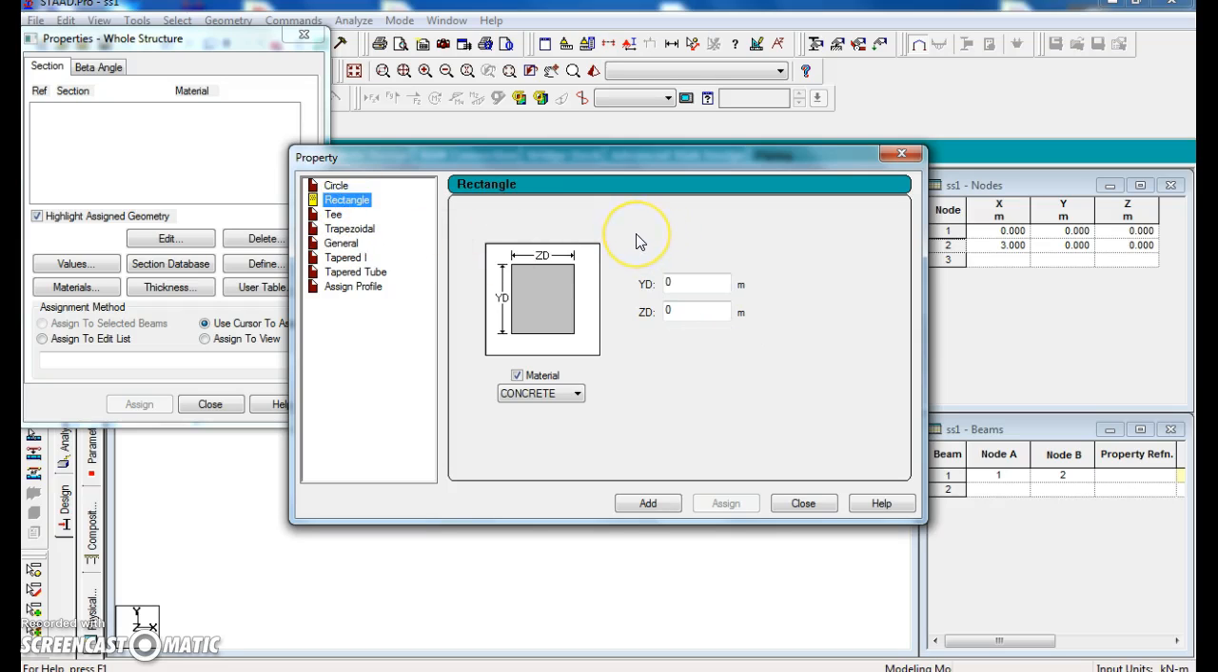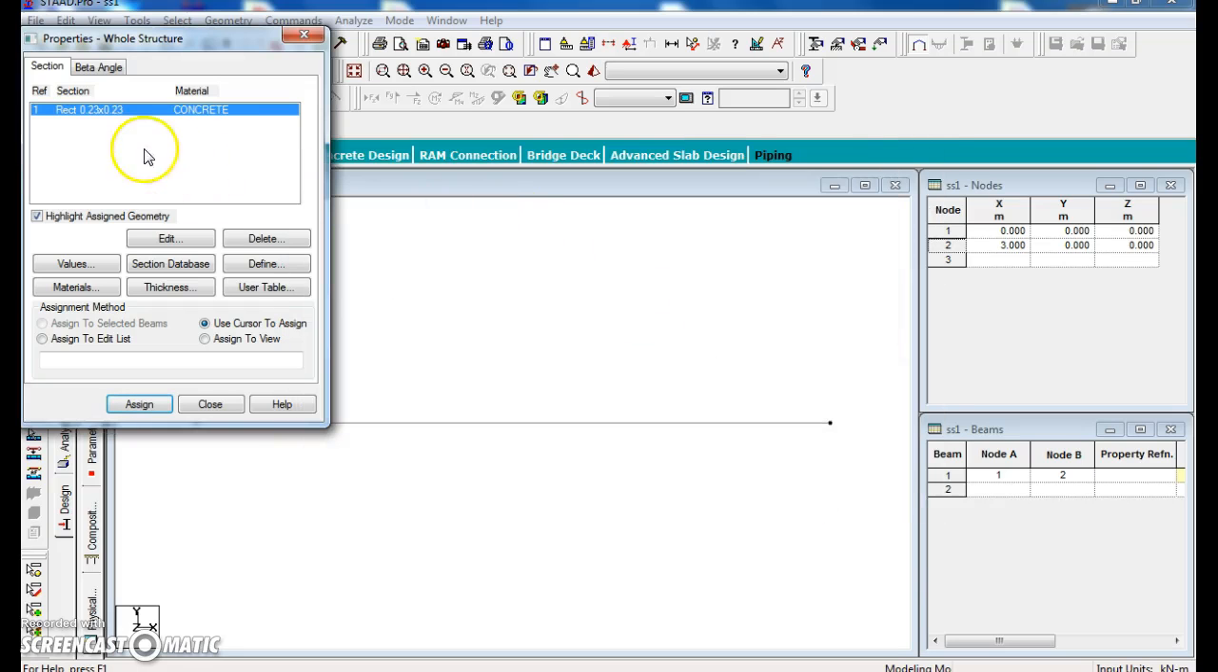That means we have to give a trial section, so that you can go for rectangle. YD means depth. You can assume a basic section 0.23 by 0.23. Okay, so just click add, close. So after